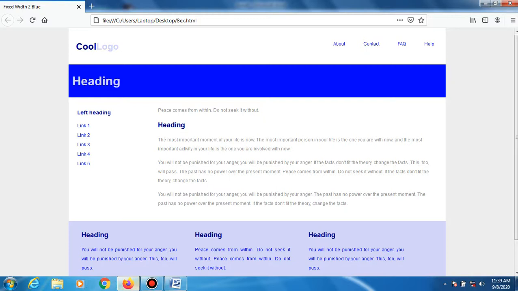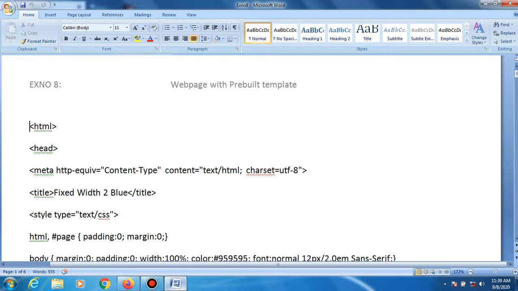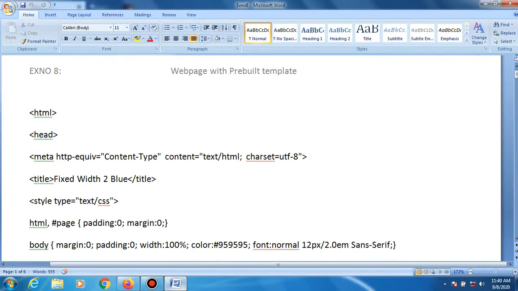We will discuss it line by line. Every HTML program begins with the HTML tag and is closed with the HTML tag at the end of the program. In this program, the font colors, the background colors, the style of fonts, the margin, and the cascading style sheet